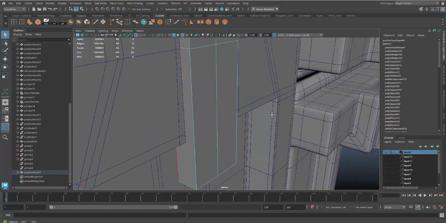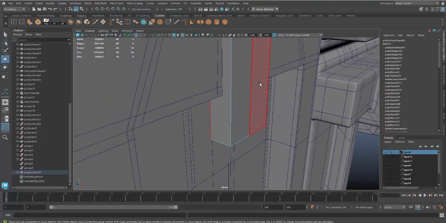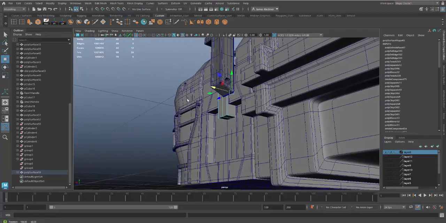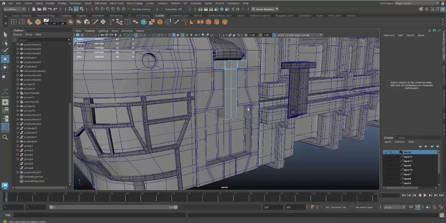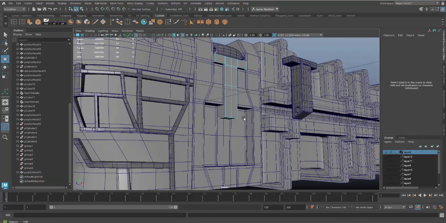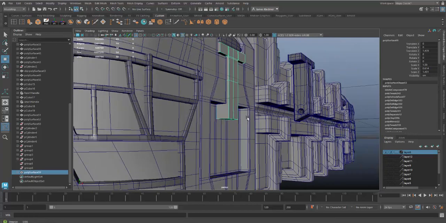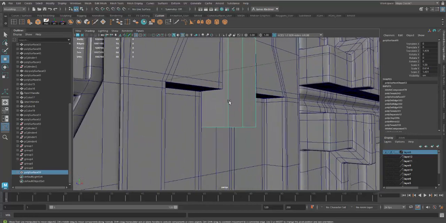unisolate and then hit W, and kind of want to just bring them in a little bit so they go in. There we go. And now I can hit the delete key, so we get rid of all those back faces now. Okay, so now I'm going to add an edge loop right here, and I want it to be